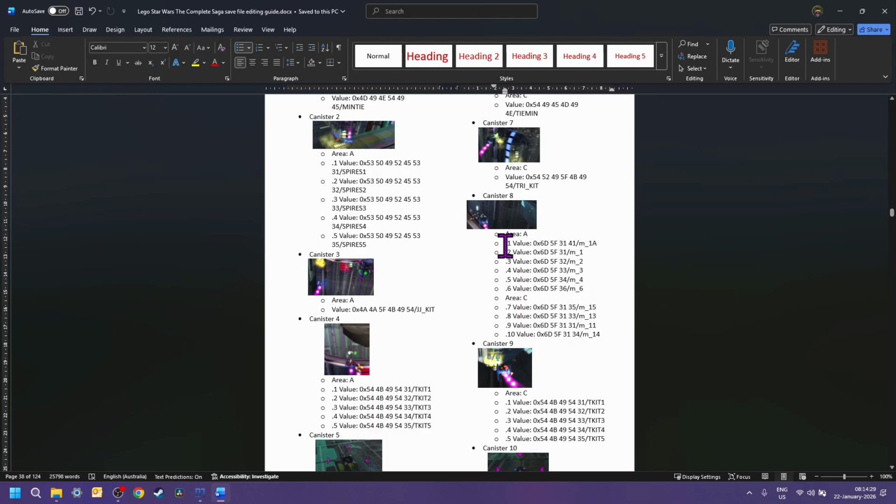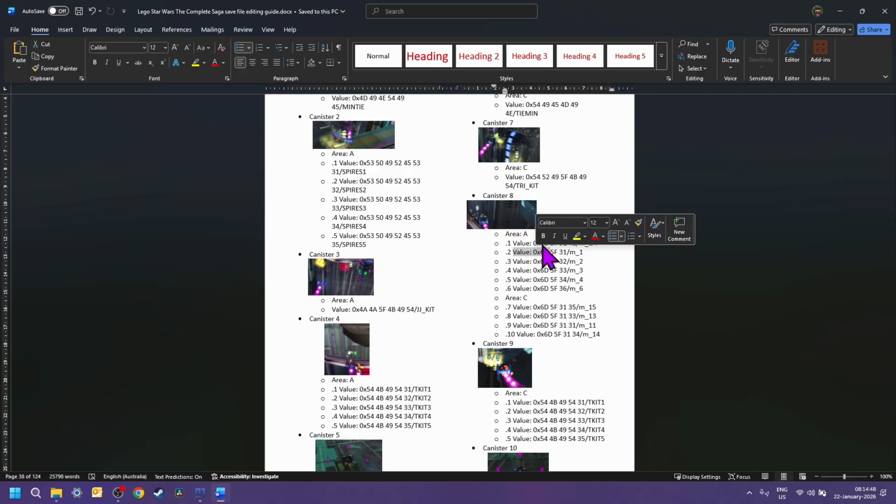So I was able to get back to area A using the files, because I modified it so that if I left area C, it would just take me back to area A, as a temporary modification.